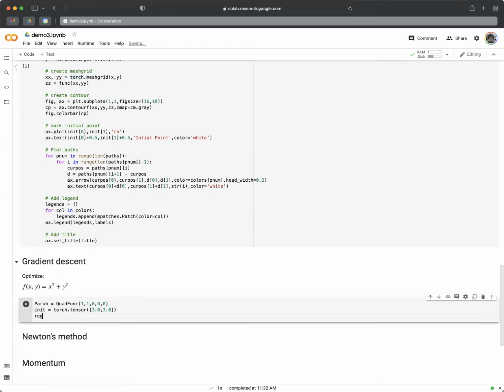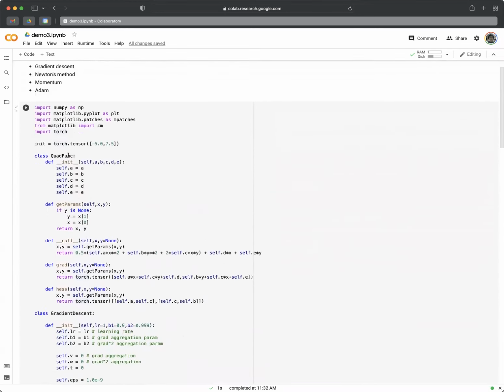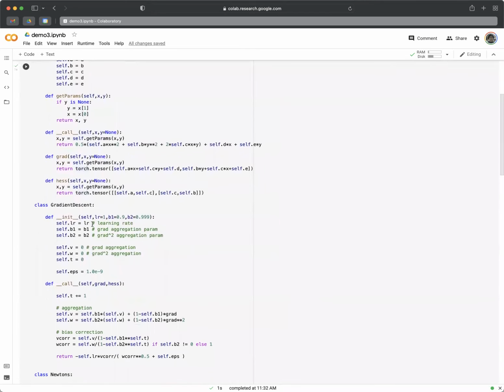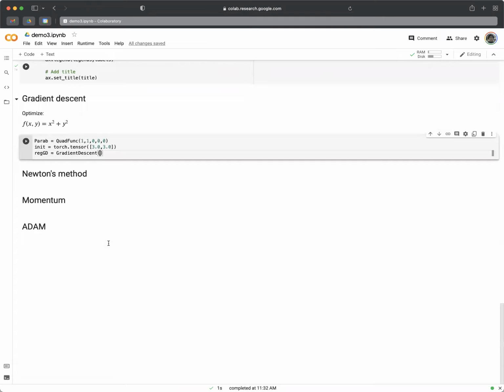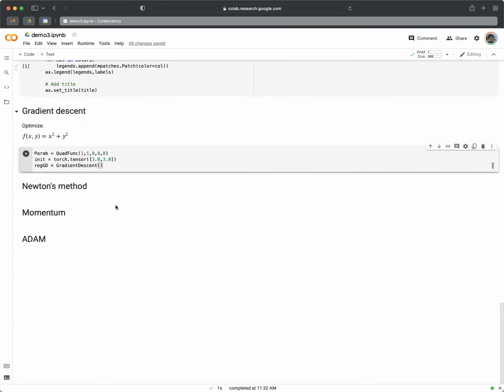Let's declare the optimization routine. This is just regular gradient descent, and the function that we've implemented here can simulate both gradient descent and also variations such as momentum and Adam. If you include the first order gradient aggregation, that's momentum, and the second order gradient aggregation, that's Adam. So I'm going to set both the first and second order terms to 0, and only look at the learning rate. The learning rate in this case, let's just choose to be something like 0.5. So this is vanilla gradient descent